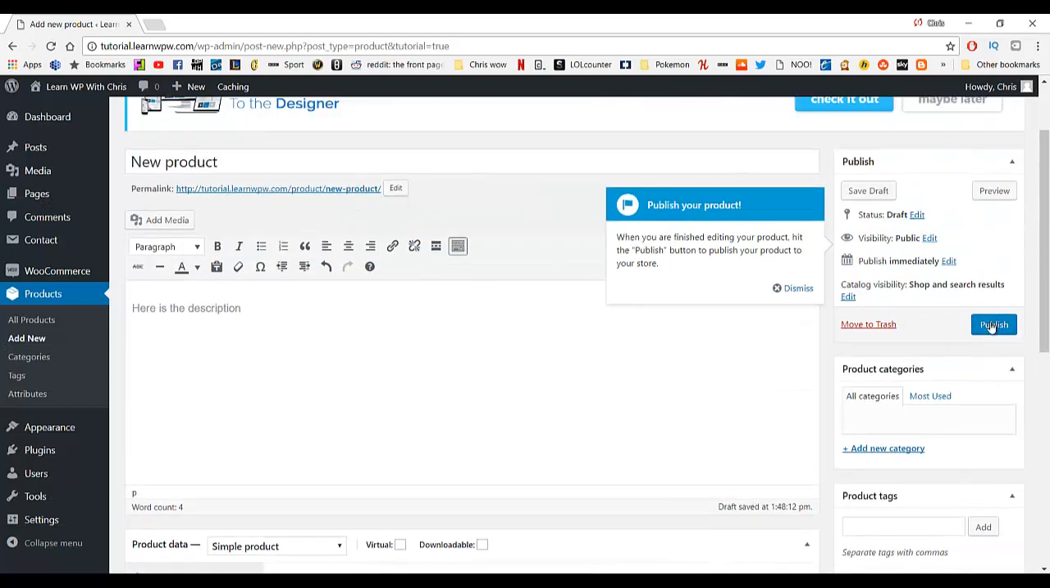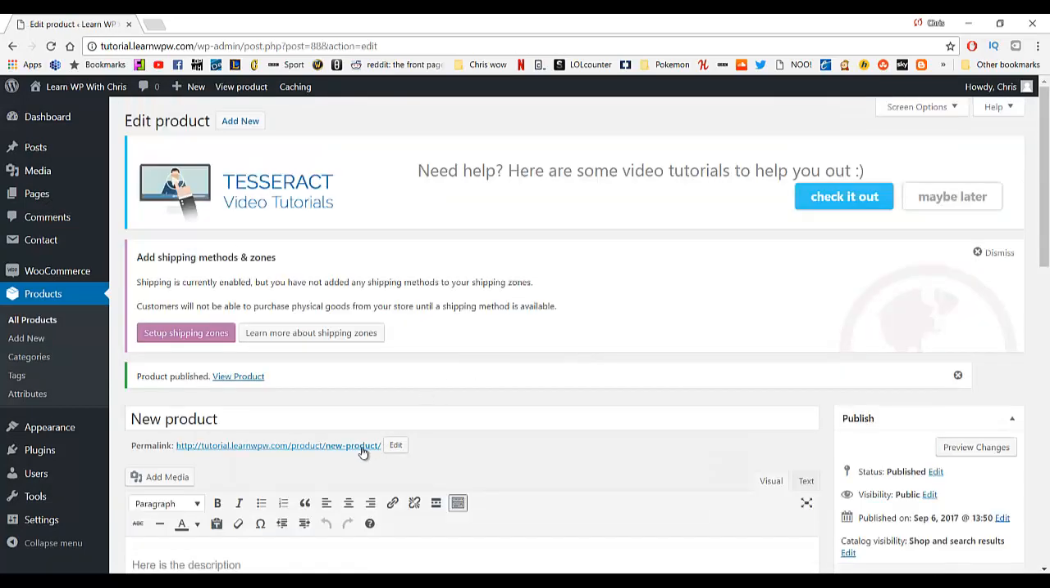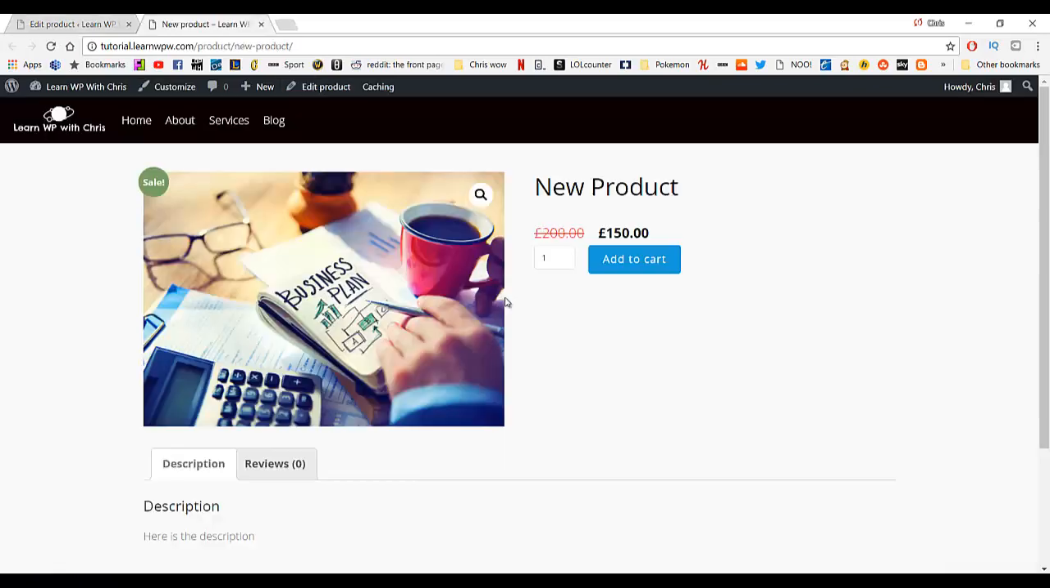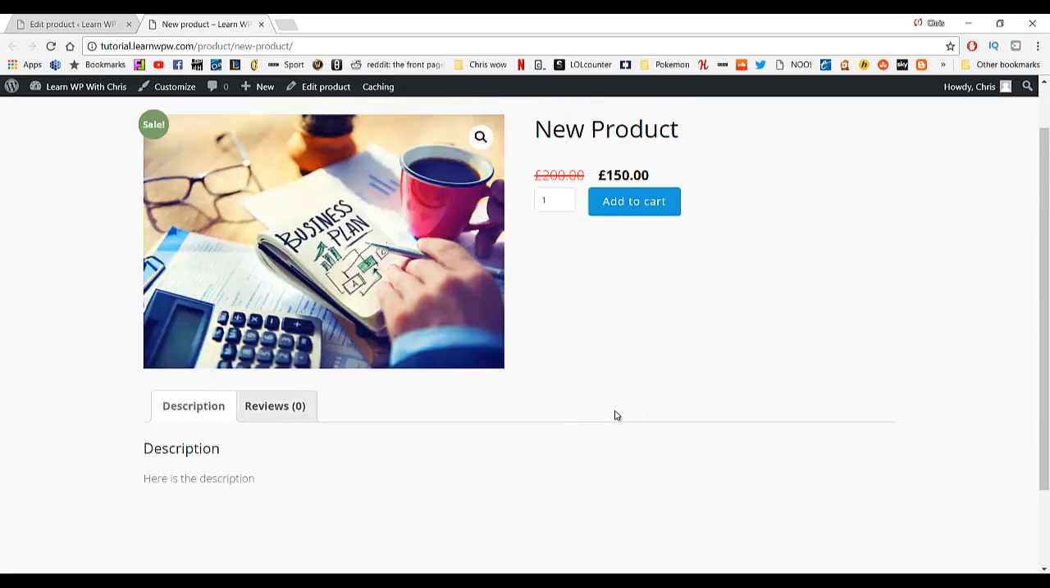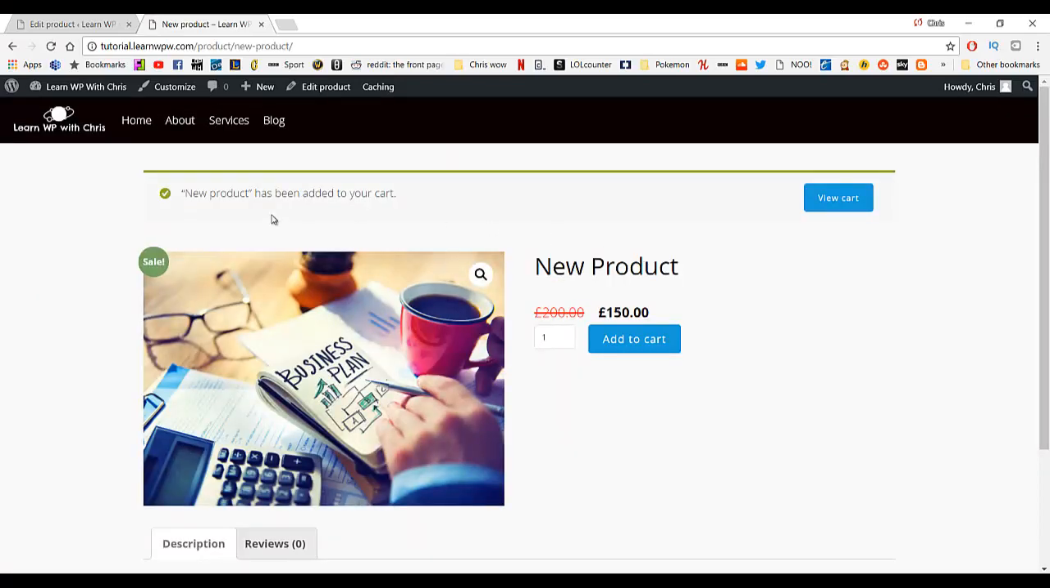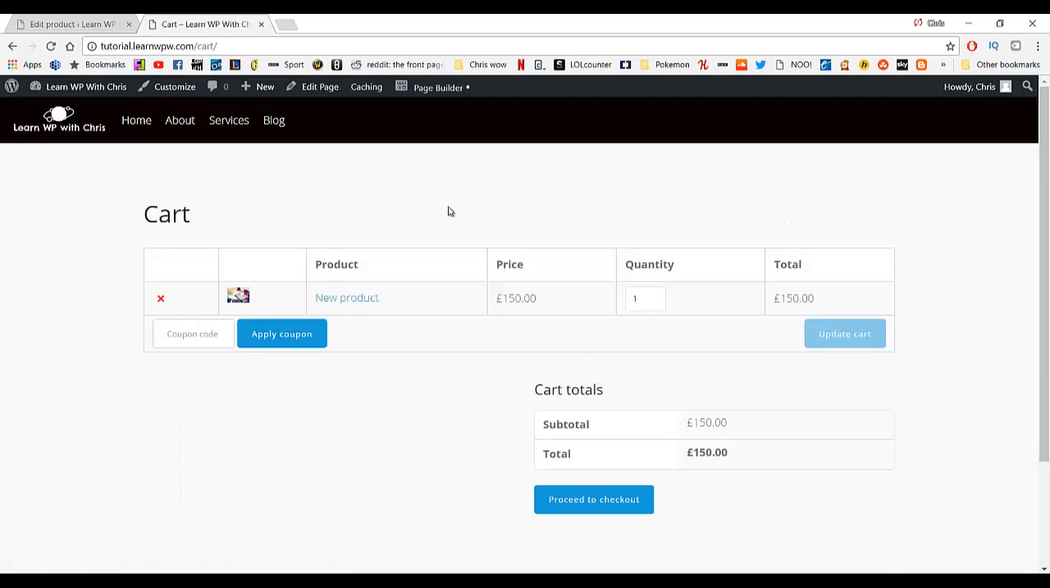And now if we click publish, we can just click on this and have a look. So there you go, we've already got a product on sale, and you just add that to cart. So we'll give this a test out. If we hit add to cart, the product has been added to the cart, we can now actually view that cart. And here we have the cart page, we've got the image, the product name, the price,